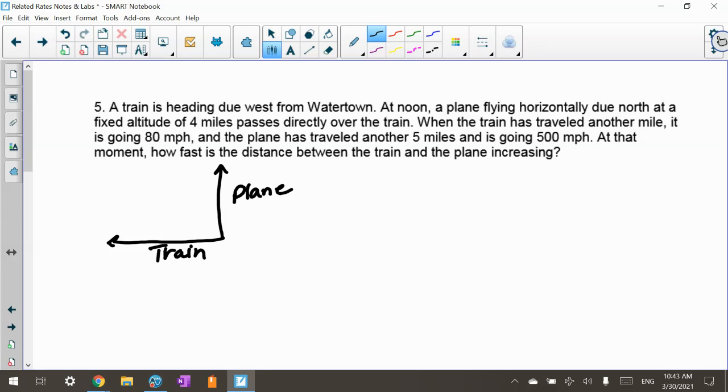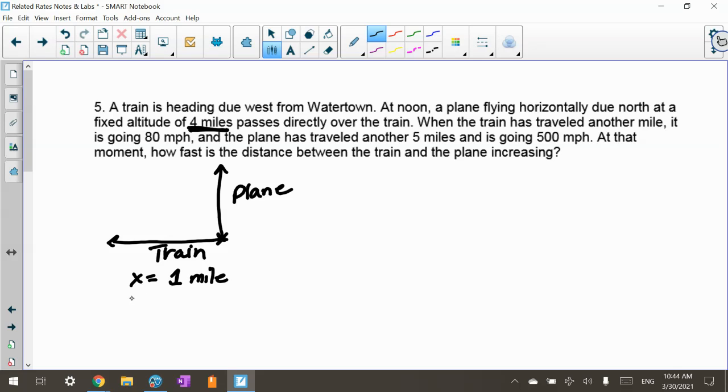At a fixed altitude of 4 miles, so that is 4 miles above the earth. We'll talk about that in a minute. It passes directly over the train right here at noon. So they're passing over each other. The plane's going north, the train's going west. When the train has traveled another mile, I'm going to call this x, and that's going to be 1 mile,